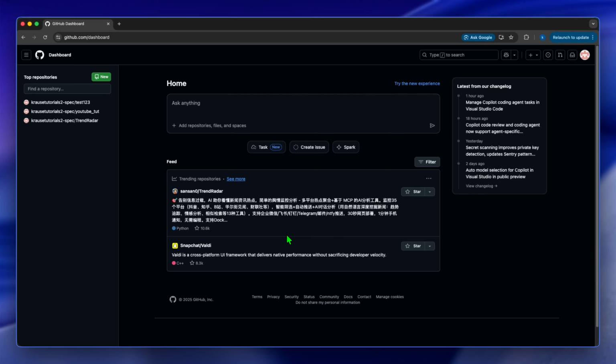Deleting a repository on GitHub is actually very easy, and in this video I'll show you exactly how to do